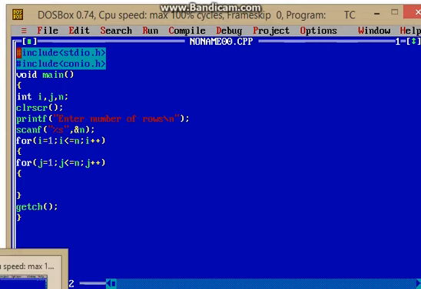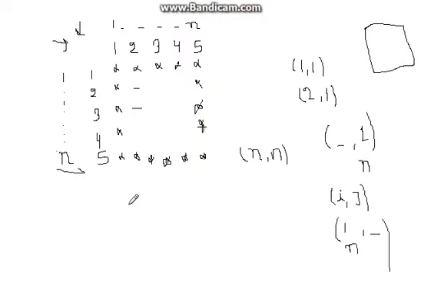What we have seen in this figure here: whenever the value of i and j become 1 and n, then we have to print a star. It means we have a combination, that is i is equal to 1 or i is equal to n or j is equal to 1 or j is equal to n, then we have to print what?